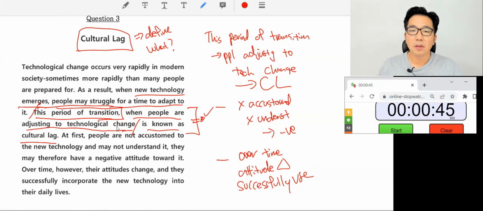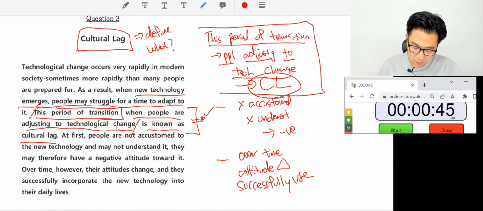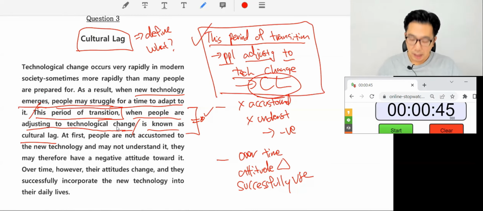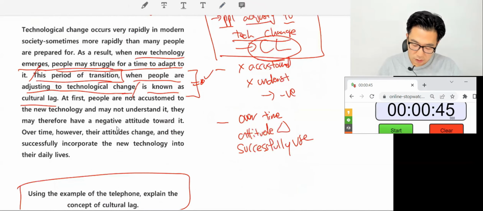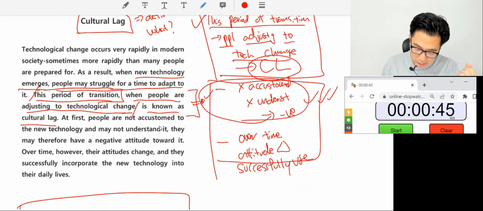Okay? So I could have written brief notes, right? But I just wrote a little more words to help you understand better, right? So this period of transition when people are adjusting to new technological change is called cultural lag, right? So we've done our job, done and dusted. And even if you didn't write down this part, it's okay. It helps you a lot if you write it down or even just read it or remember these two details, supporting details to the main idea,